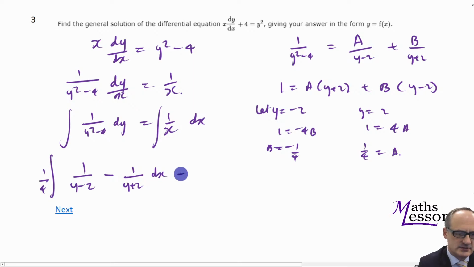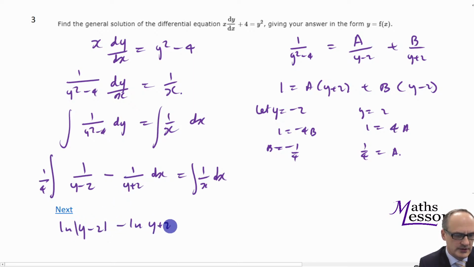And it just makes everything a little bit easier when it comes to the integration. So we integrate both sides. I'm actually going to take this quarter and put it over here and times by 4. So this will just become the natural log of y minus 2. And this will just become minus the natural log of y plus 2, equals 4 times the natural log of x plus